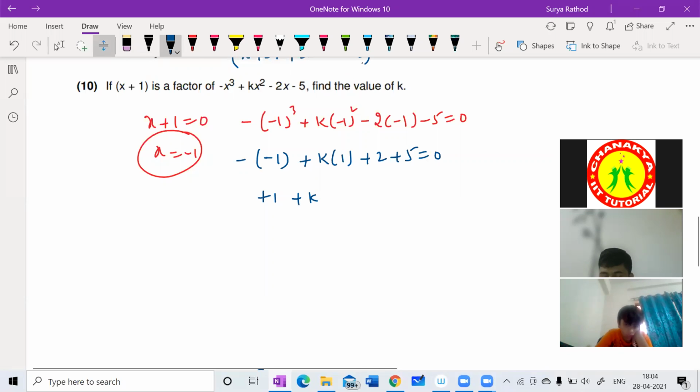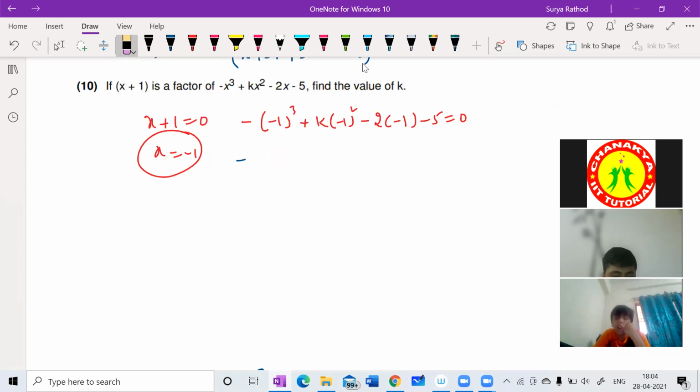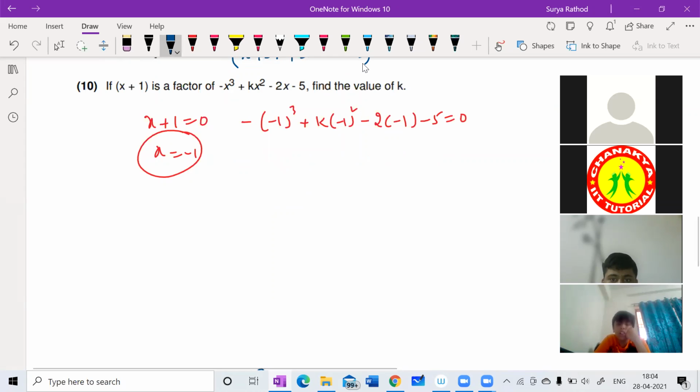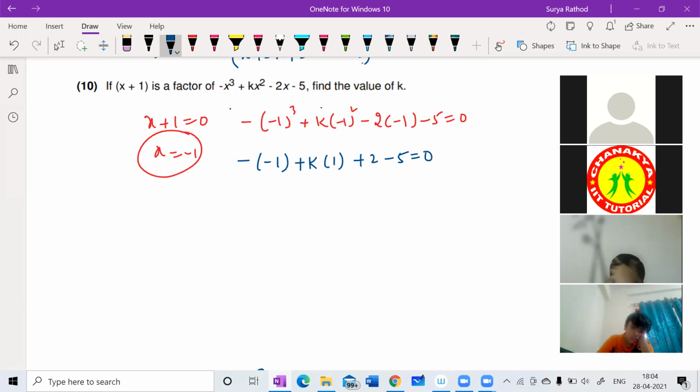See here, we made some mistake here. Then again, 1 second. Sir, I have a doubt. Yes. It should be minus 1. Yes. Sir, if we want to find out what k is, can we use the synthetic method, sir? The synthetic method. We'll try to find out by synthetic method. Yeah, you can do that.